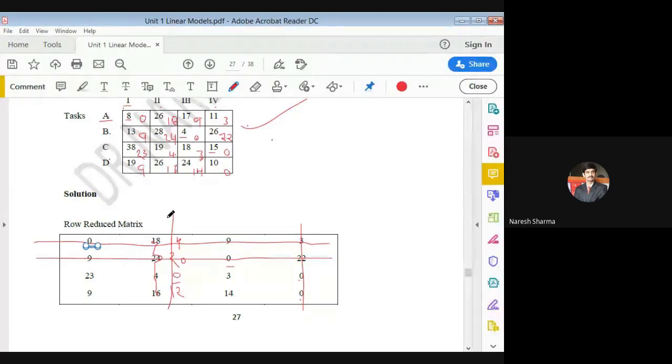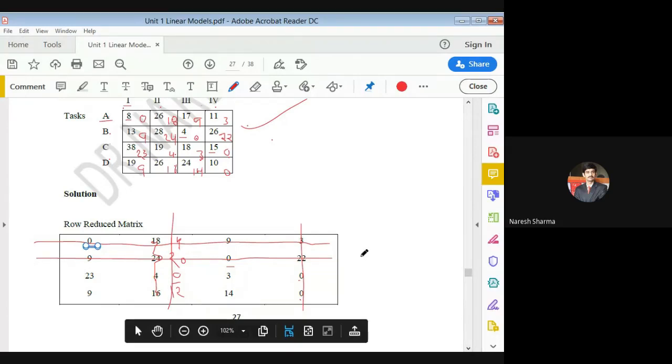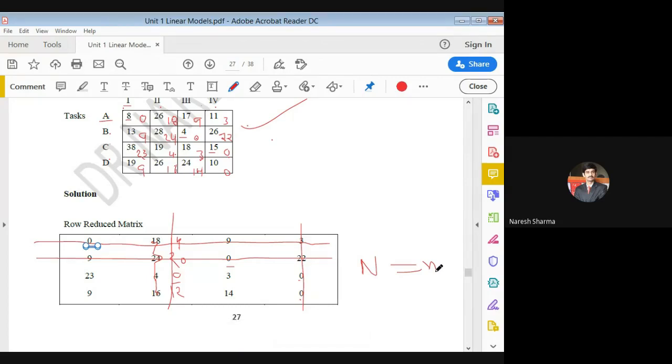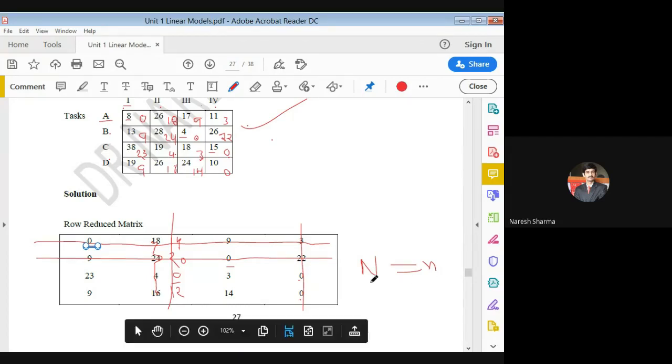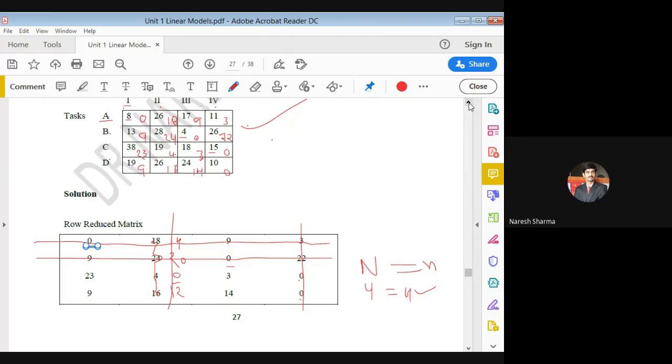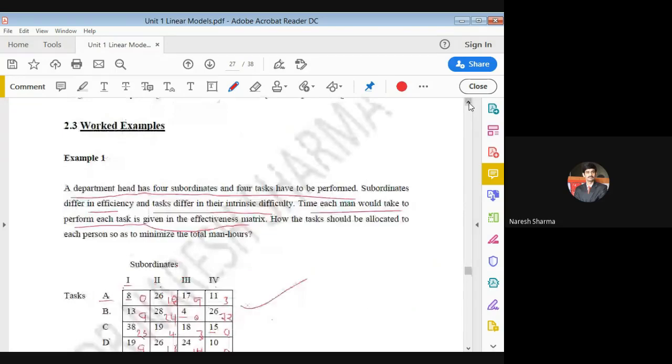So after doing this, if this number of lines, that is capital N, is equal to your number of rows and columns, that means the solution is optimal and can be calculated from this stage only. So in our case, the minimum number of lines is 4 and rows and columns are 4. So we can go for the optimal solution, and for that we need to go for step 6, which says you can mark the zero assignment. How can we mark that? I will just go through the algorithm first and then apply it to your problem.